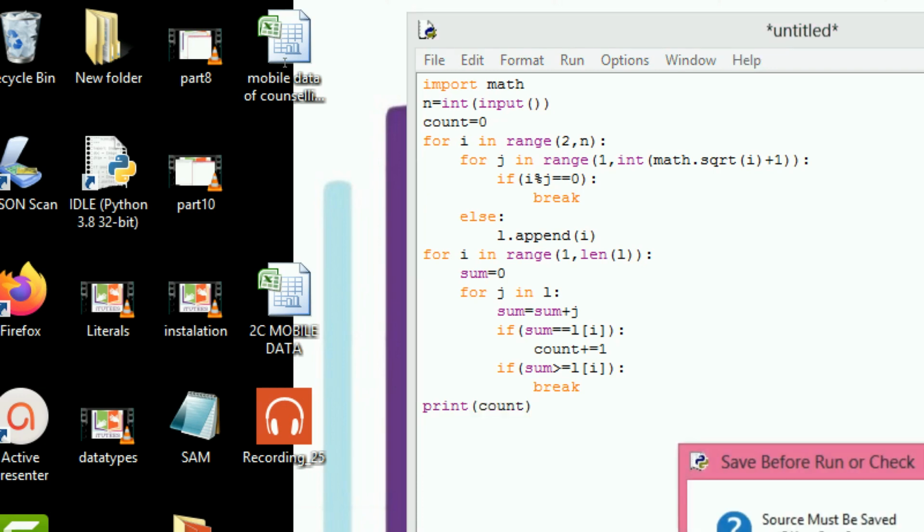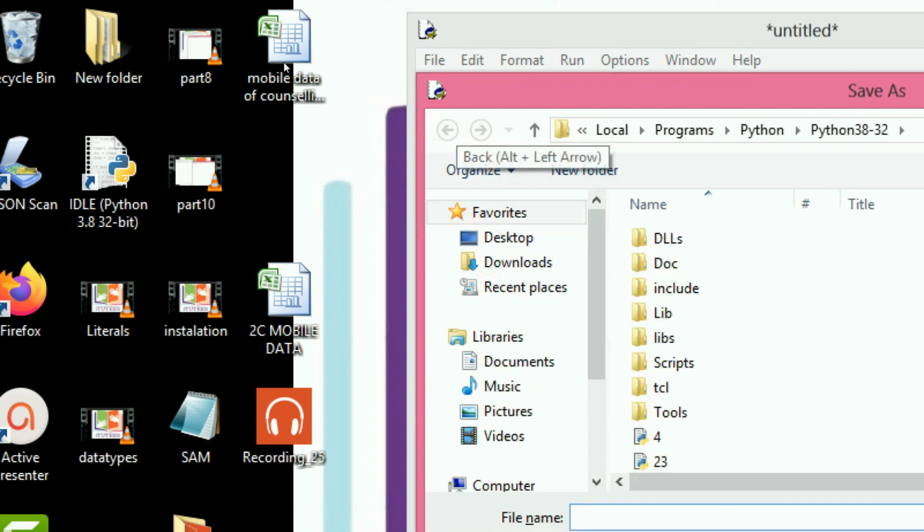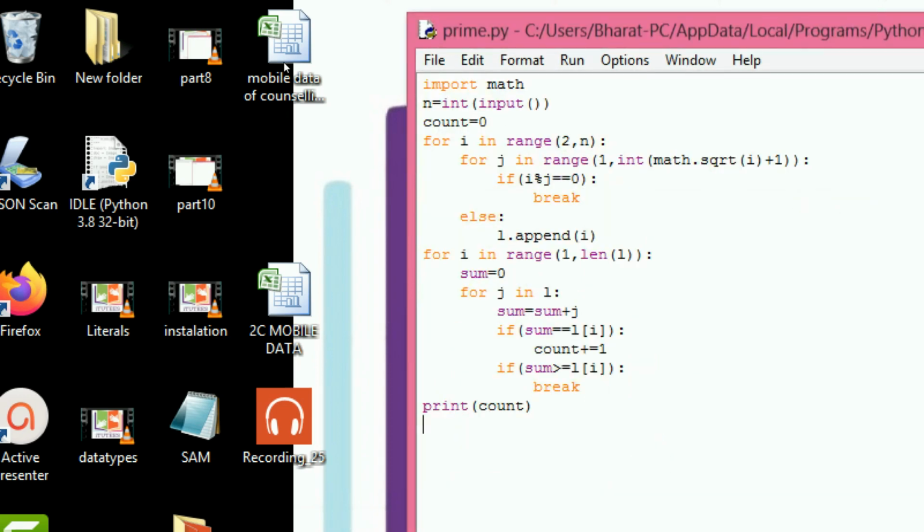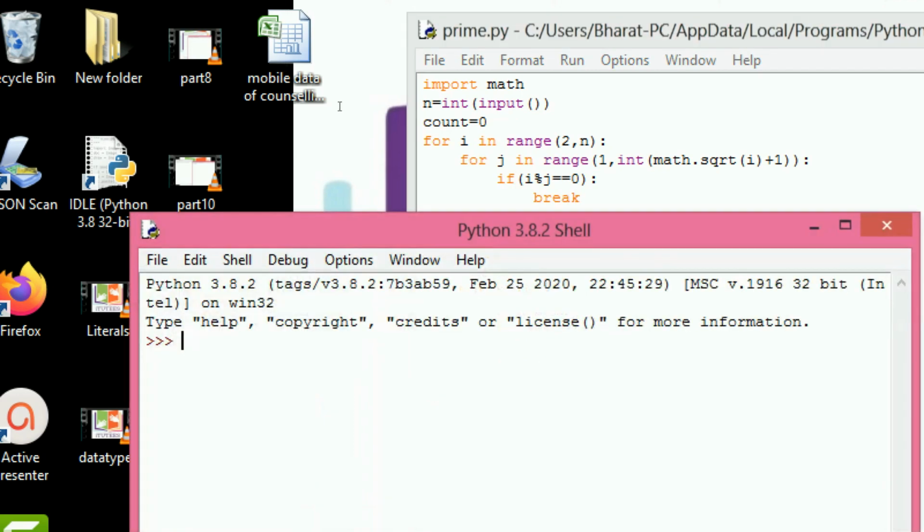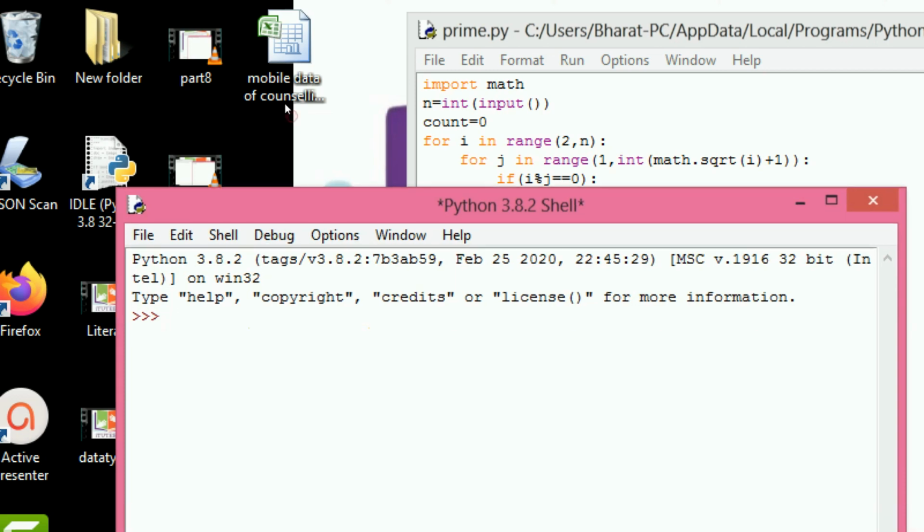We can execute this, save as prime. Give the input 20.